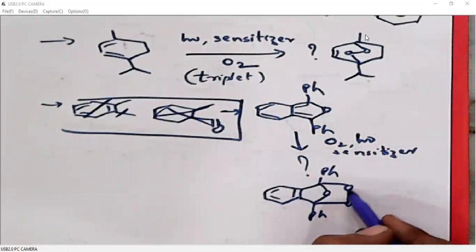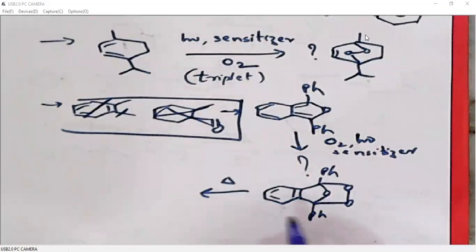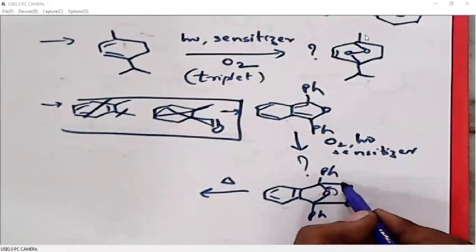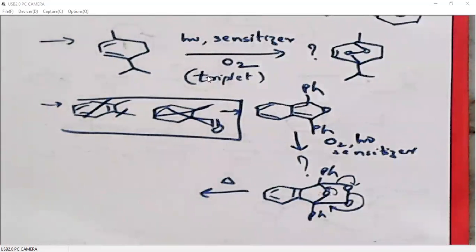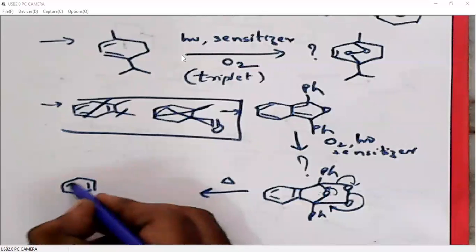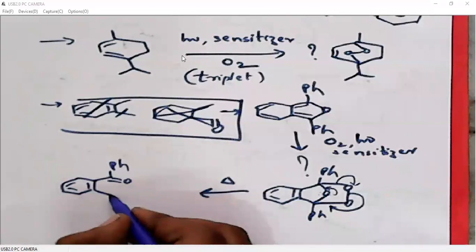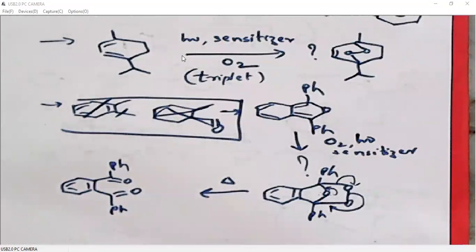this is the diene and this is the diene. Of course, it is unstable, and under thermal conditions, it will undergo decomposition to give the carbonyls. Nascent oxygen will be generated, and we are getting two carbonyls, plus nascent oxygen.